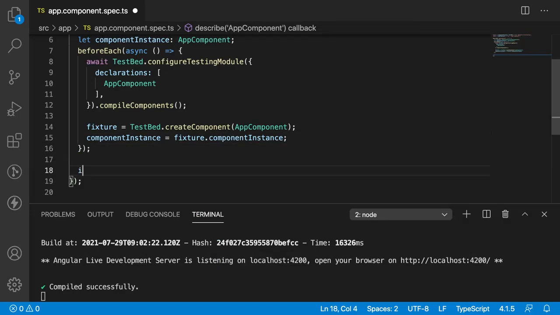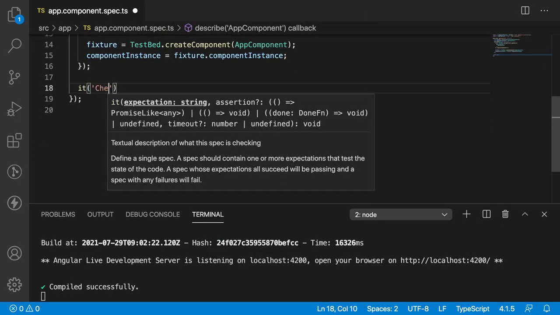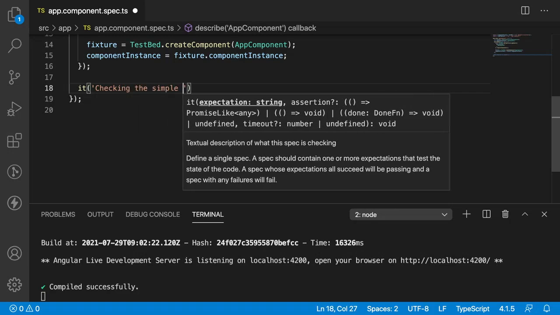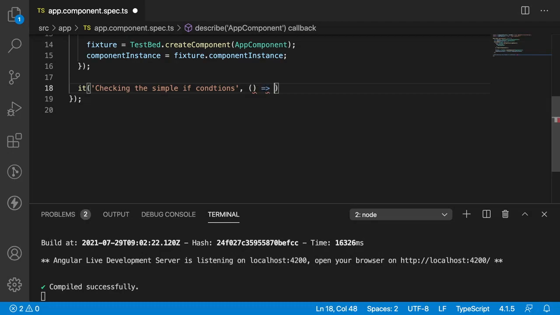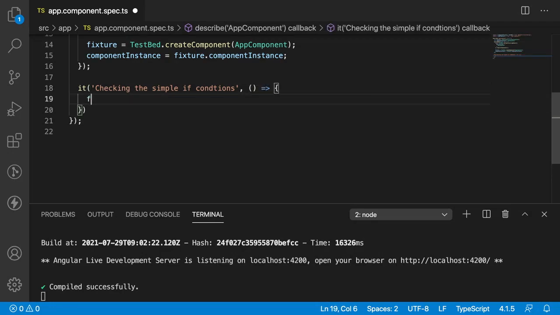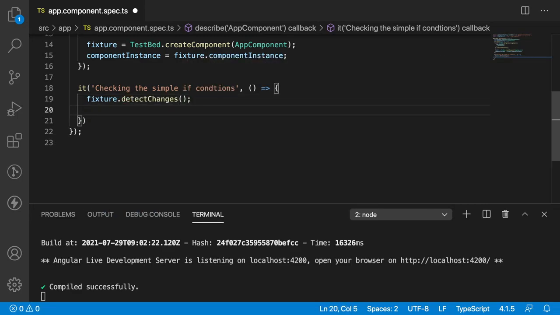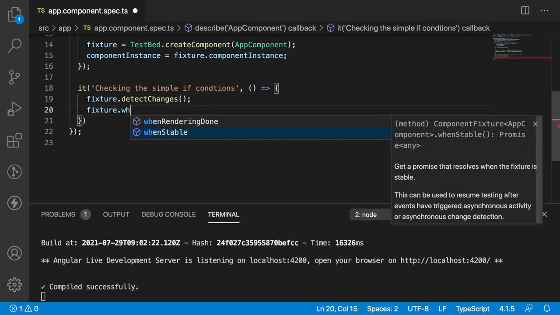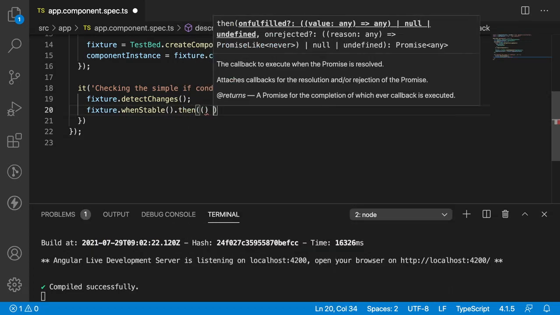The first it statement will be used for checking the simple if condition. There will be a callback. Inside the callback, let me update with fixture.detectChanges, and once the fixture is stable, .then, which is promise based, has a callback.